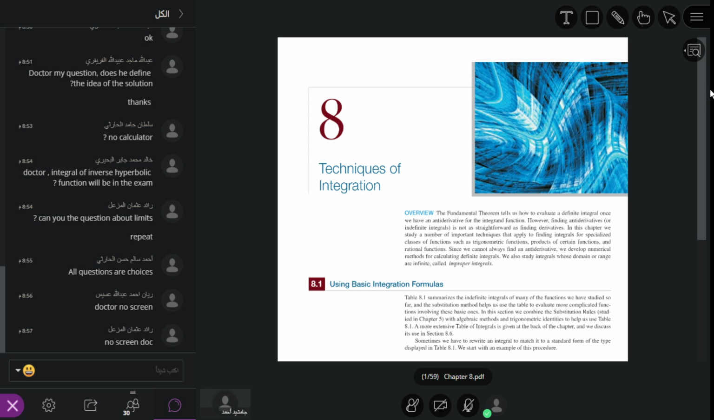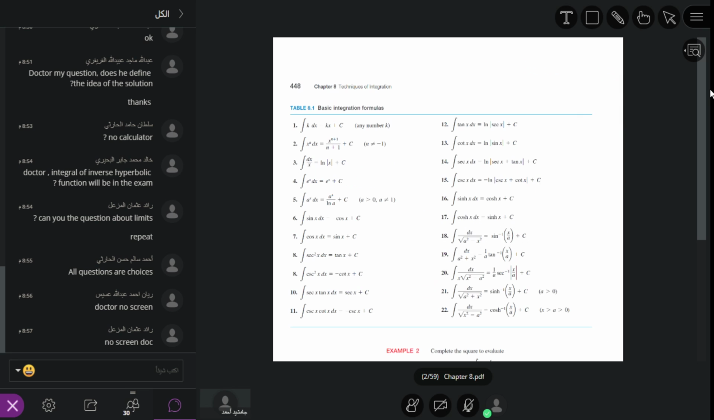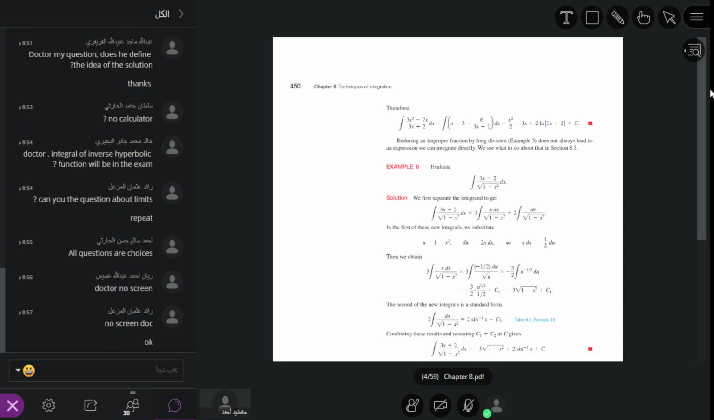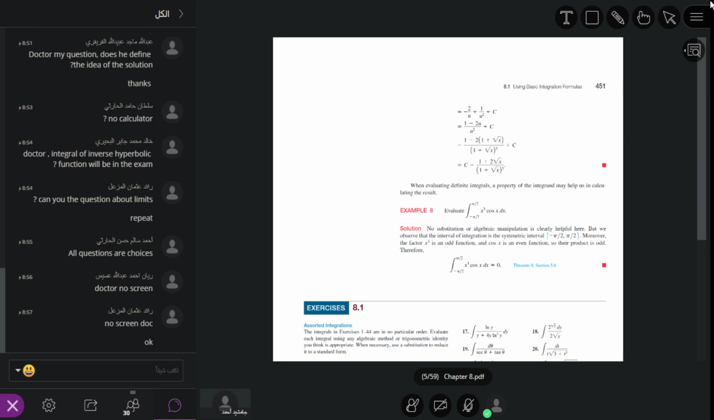No problem. This is the screen. I will revise again. If we have a function power function, f of x power g of x, how can we solve this? We will do 6 different steps. The first step is we suppose y is equal to f of x power g of x. Second is